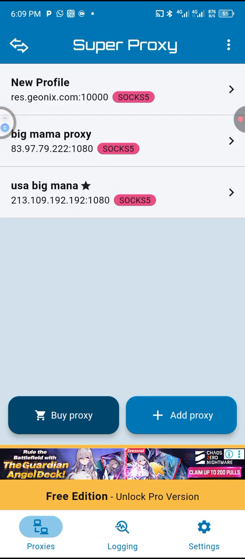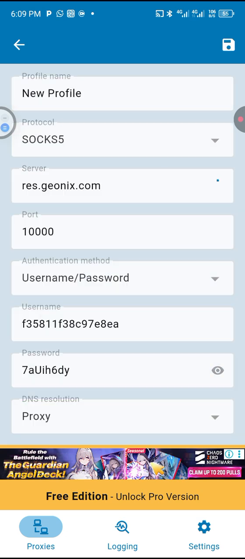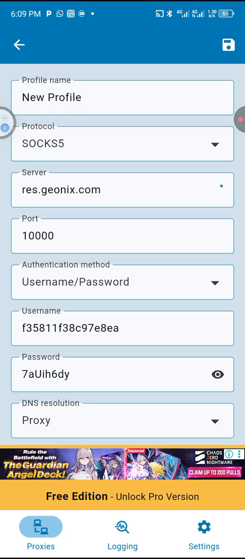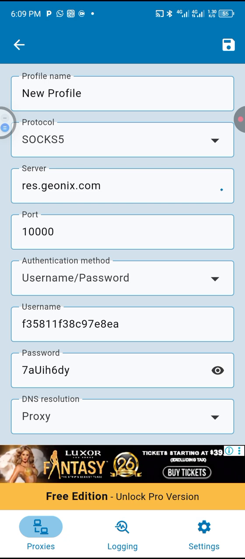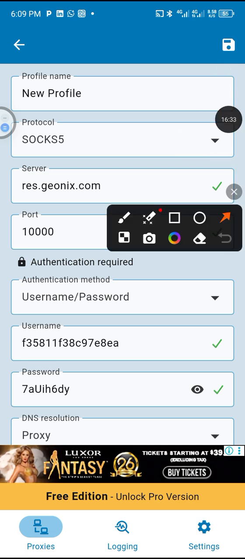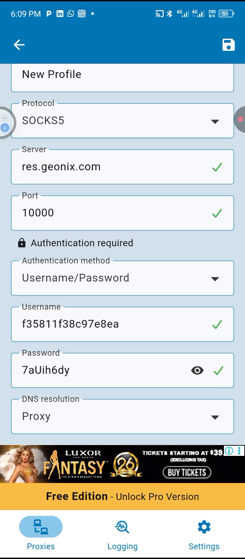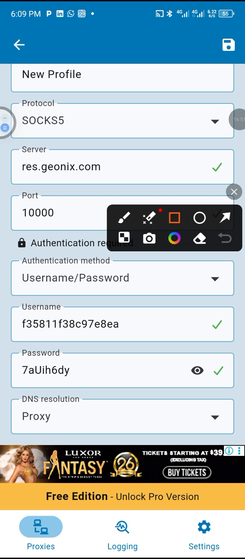So let me go back and show you. This is it. This is how I set it. Okay, as you can see, this is how I set it. These are the details, exactly what I showed you. You can see it showed green. This is what I was telling you about. Once it's correct, it's going to show green. So the reason why it was showing error in that video is because I've already set this proxy, so it detects it. Maybe that is why. So once you are done with all those details and everything shows green like this,